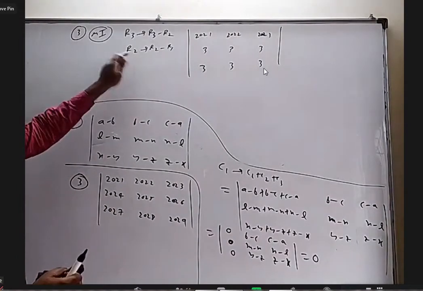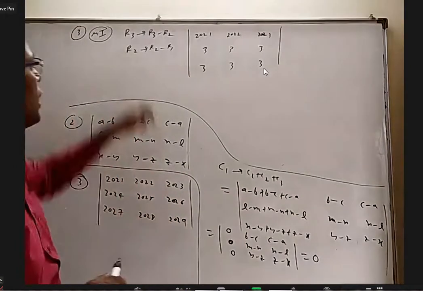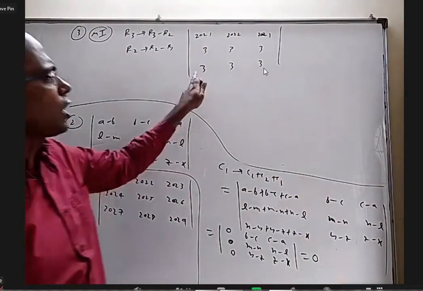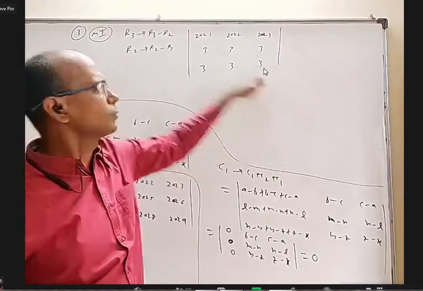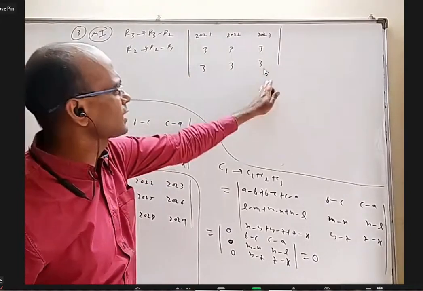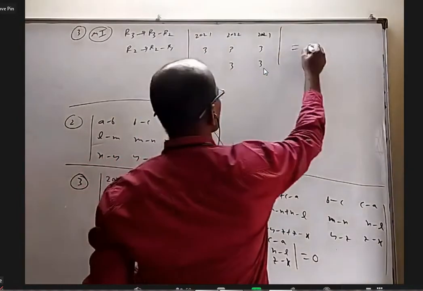You should not write R1 as R1 minus R2 and write minus 3, minus 3, minus 3. That is wrong because R2 has already changed. We cannot use old R2. Anyway, maximum two operations. It is 0 because two rows are identical. They need not be 3, 3, 3. If they are 3, 6, 9 here and 3, 6, 9 there also, no problem. Because two rows are identical, that is 0.